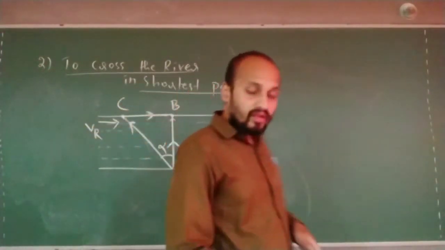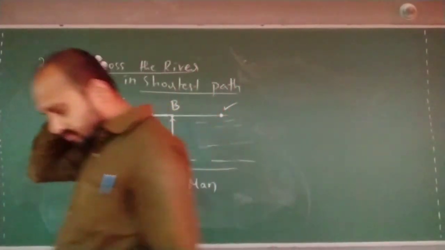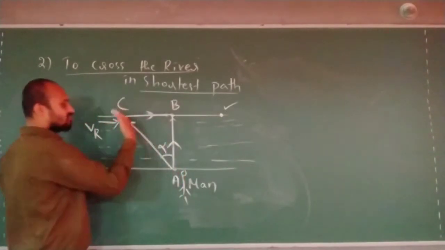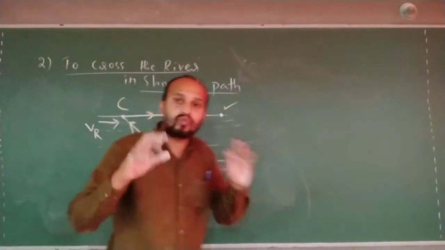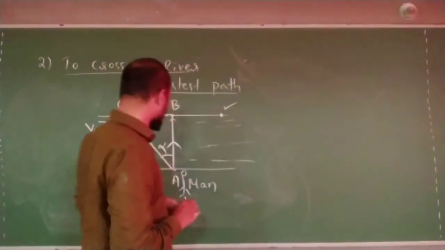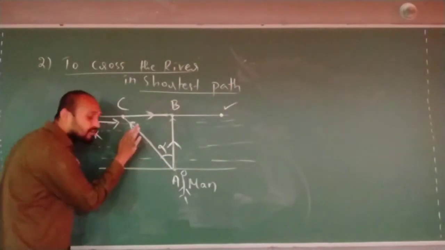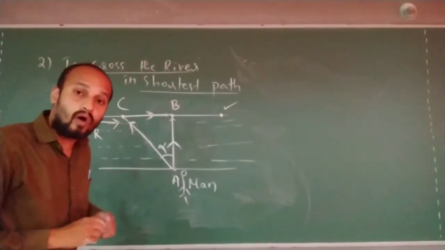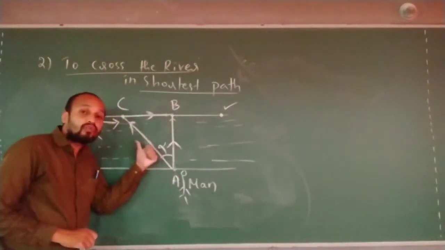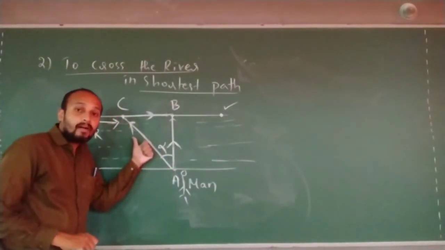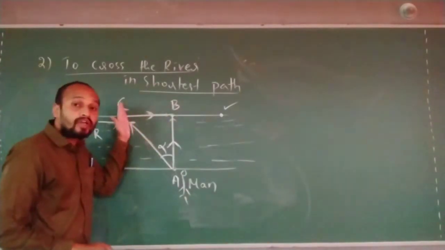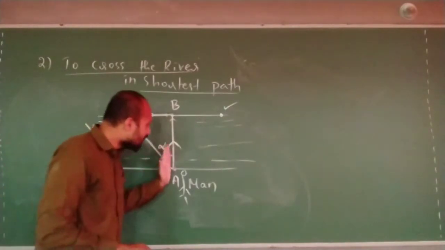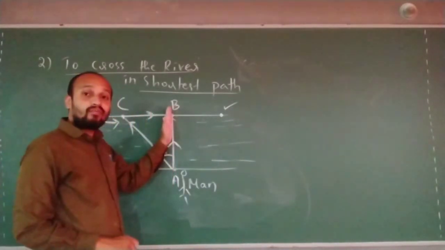Now, here. Sir, you are telling me he is moving like this, and he is moving like this. Simultaneously, who is moving where actually? With respect to water, he will swim like this. With respect to water, he will start to swim like this. Correct now? But water will push him from point C to B. Are you understanding? So exactly he will move like this.